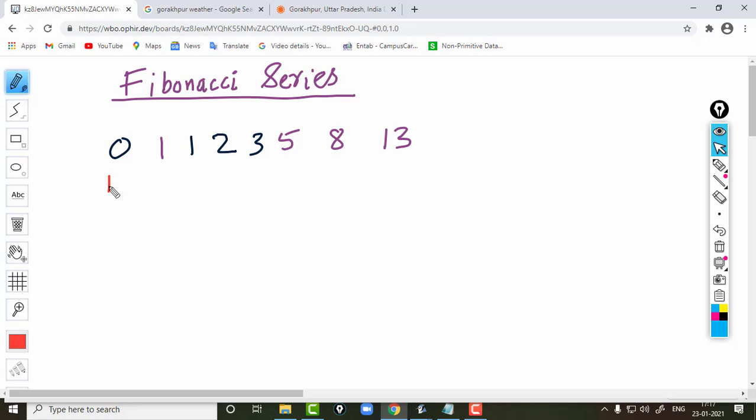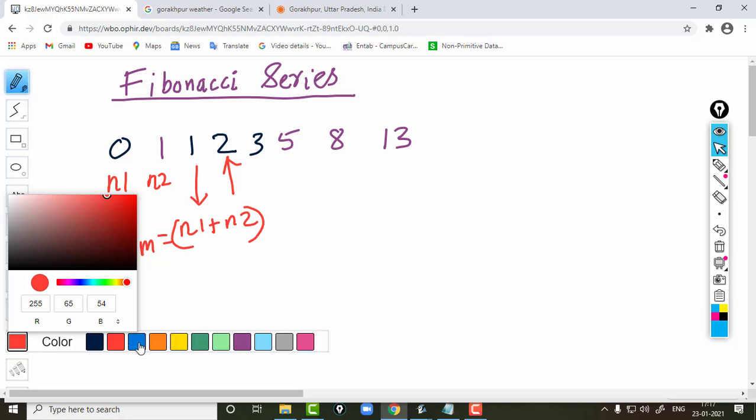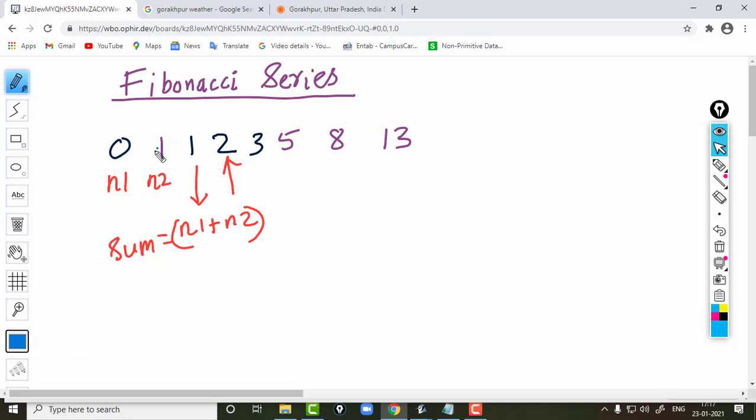Now let's say our first number is stored in N1 and the second number is stored in N2. So the third number will be obtained by doing N1 plus N2, and this one we can store in another variable, sum. To calculate the next number, we have to change the value of N1 and N2.